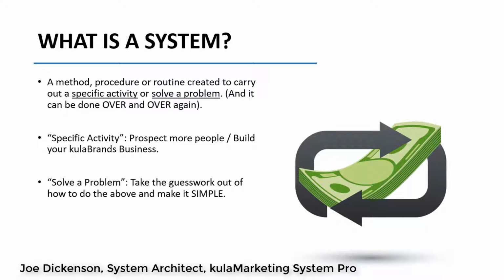And that's why I was able to see results in my network marketing company, like I was telling you when I was 21, 22. I solved the problem. My friends, because most of them were young, didn't know what to say to people. They didn't know how to generate leads, etc. I solved that problem with a system. So phase one, this system, which we're about to run through right now, is designed for you to build Kula quick, fast, and more efficiently than ever and take the guesswork out. And it's so easy a caveman or cavewoman can do it, period.